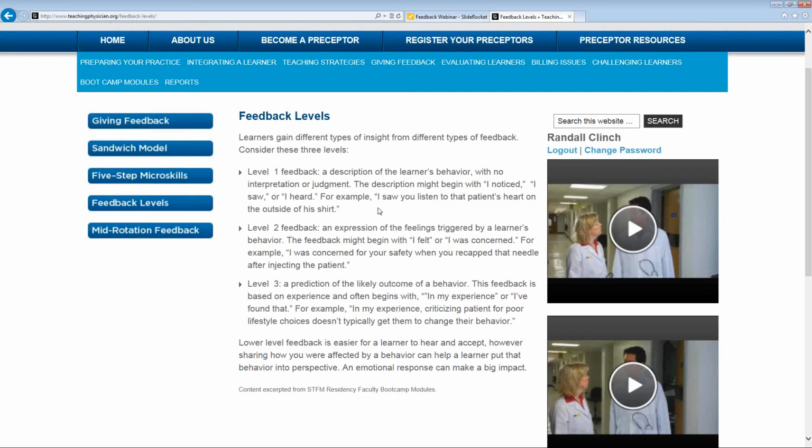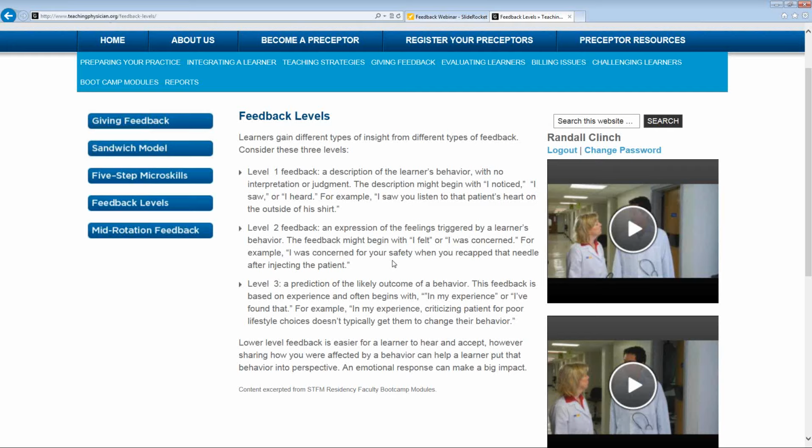It's not a judgment. It's something that the learner can't argue with. So if you're a learner who is unsure of how safe this person's feedback is going to be, you can receive that because they basically just played back what they saw. So it's not an arguable point, right? So then if you have to deliver negative feedback about what you saw, the next level is dealing with your concerns, your emotional response, what you felt. And basically I recommend just using the word concern. So if you have a problem, if you have a concern, if you notice something you'd like to see changed differently, use the word concern.